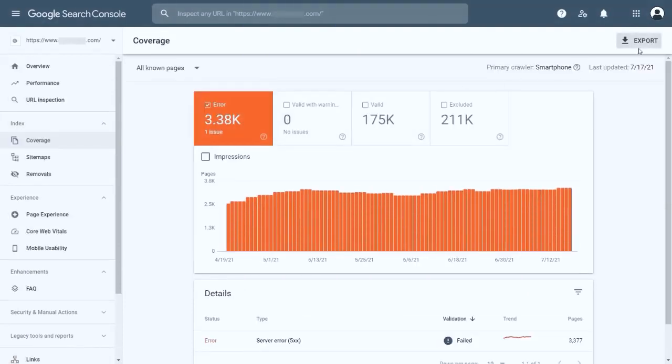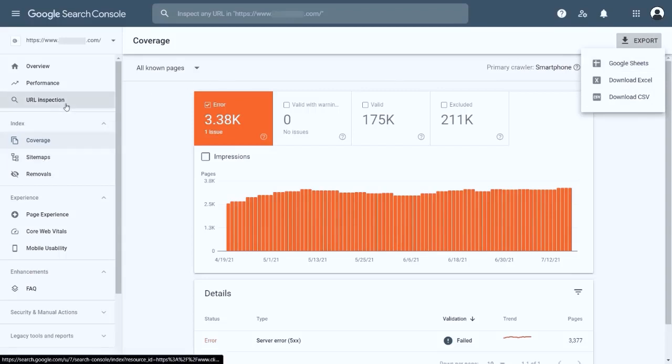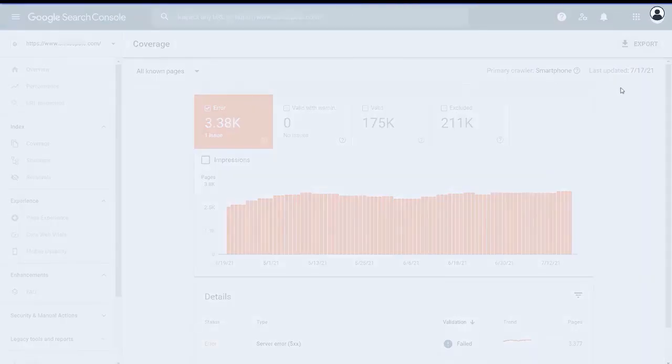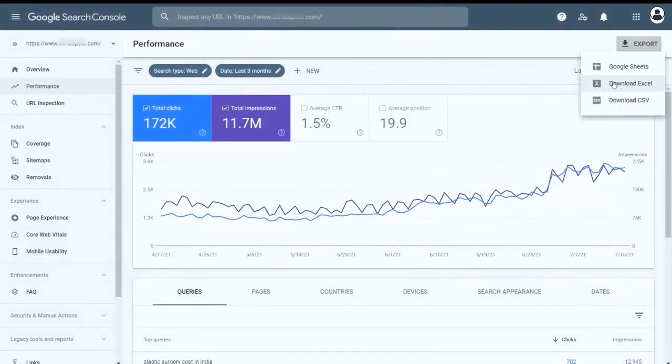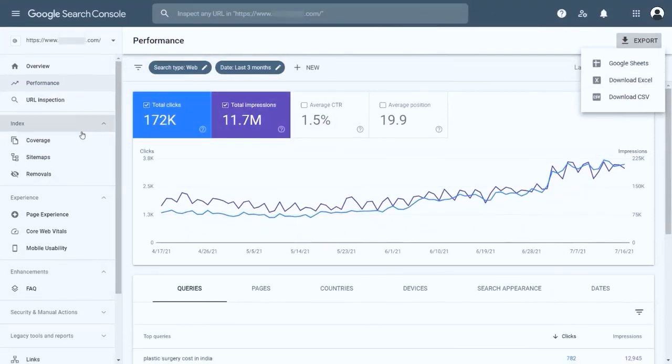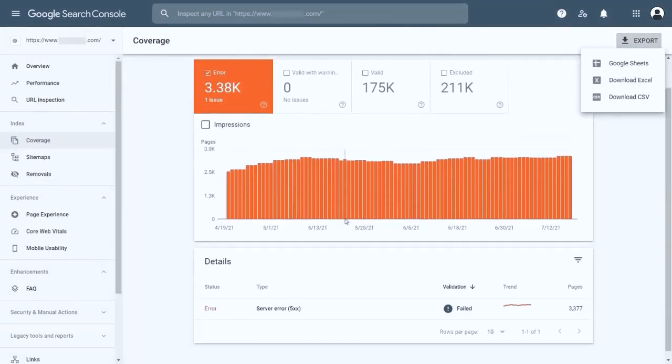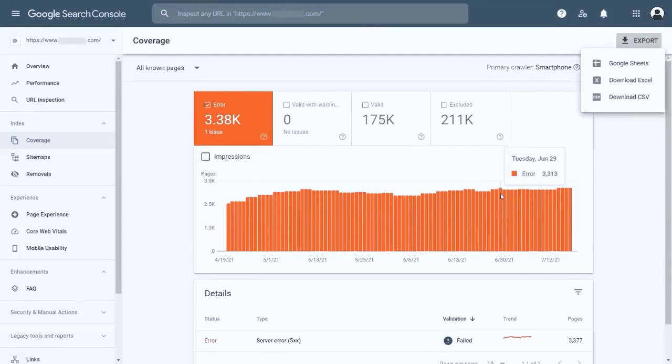At the top right corner, you can see the export button, similar to what we have previously seen under the performance section. And it contains the same three file formats in which we can download the data. But the catch here is that when we export data from the performance section, it will only provide data related to the performance section. And when we are exporting data from the coverage section, it will provide us with the data related to this section. Moving forward, just below the export button, we can also see the last updated information, which tells us when was the last date the website coverage data was collected.